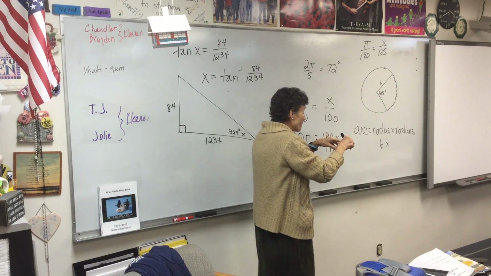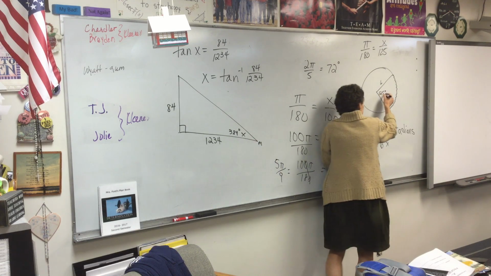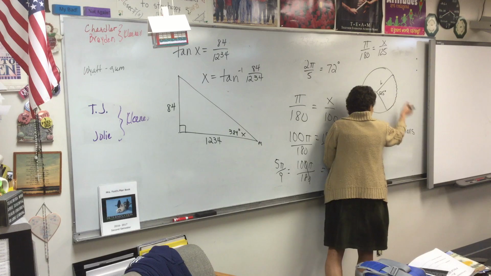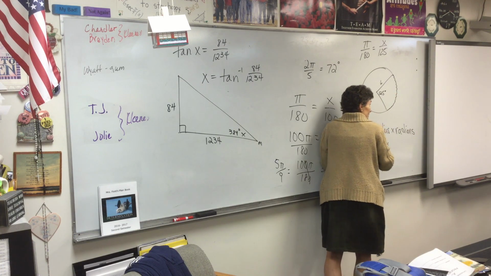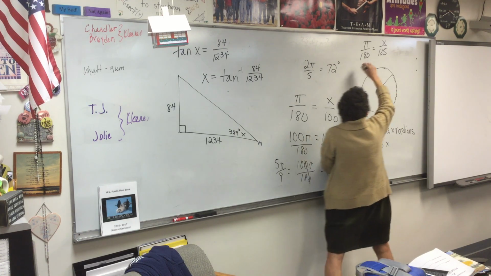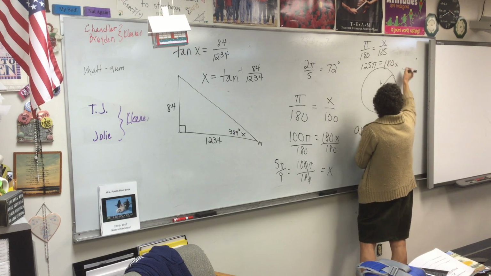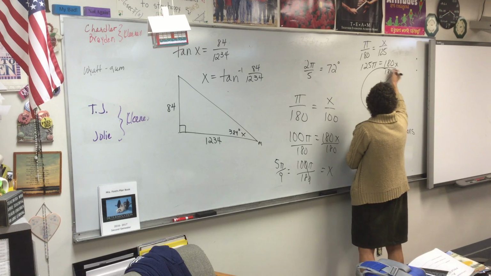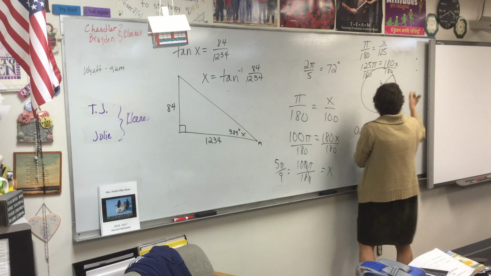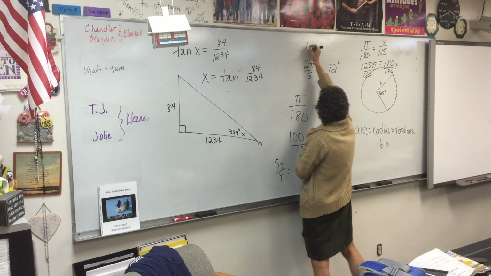Your job is to make this a radian so you can plug it in here. So here we go. 125 pi equals 180x. And I divide by 180. So x equals